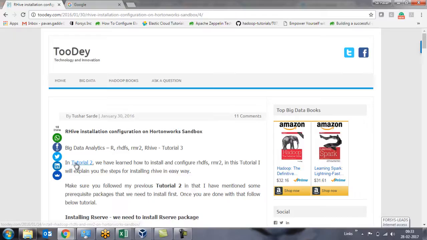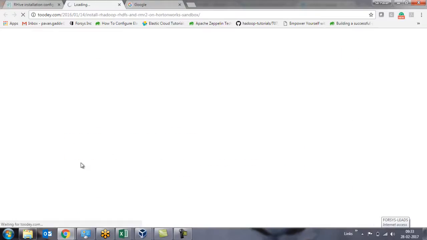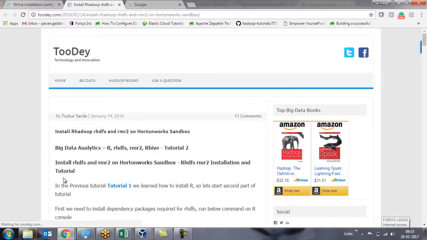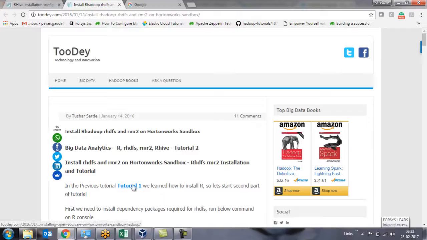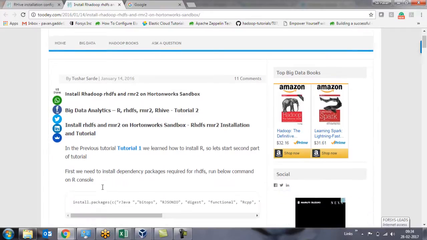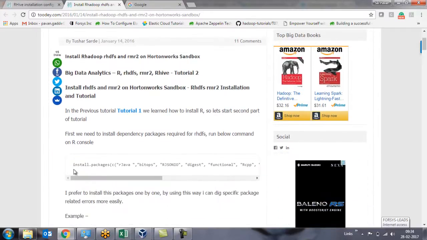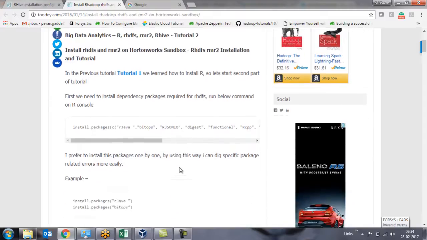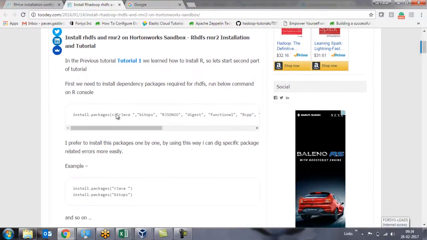What you have to do is go to tutorial 2. If you click on tutorial 2, you will get something, and don't go for tutorial 1. Just refer to these things. You can go with all the options in bulk, but this command is not going to work if you give it as is. Instead we have to go and give our Java